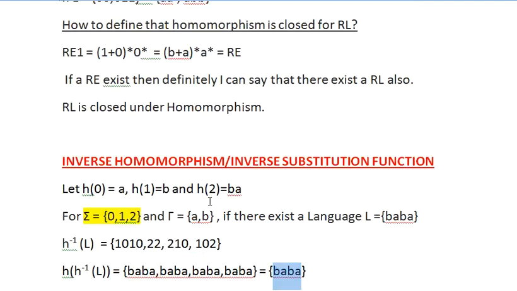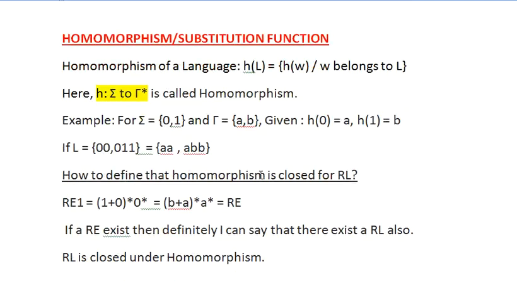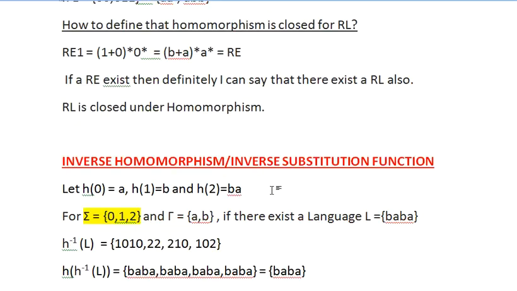Why? I have already told that if we have a set of regular languages, where L is the universal regular language, and under this we have L1, L2, then definitely L1 is a subset of L, and L1 is also a regular language. So definitely we can say that this is a regular language, correct? In the same way we can understand it here also. So finally we are done with the topic where we have understood homomorphism and inverse homomorphism.